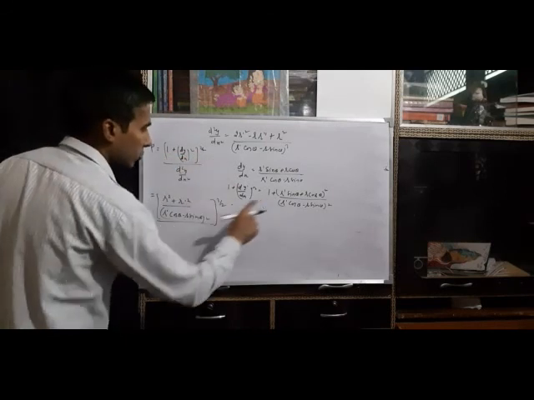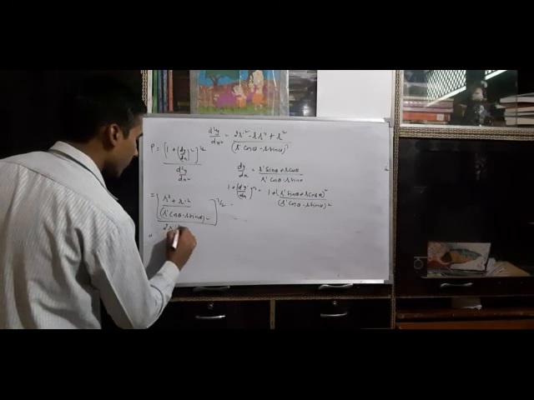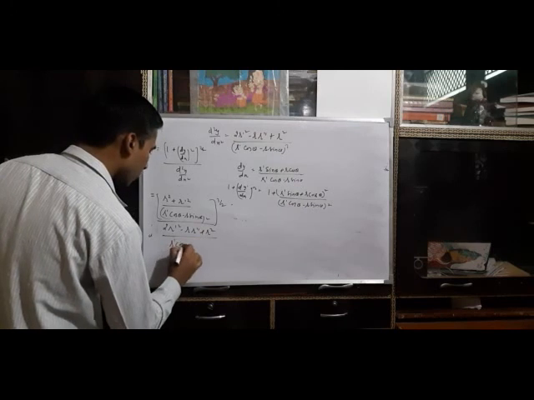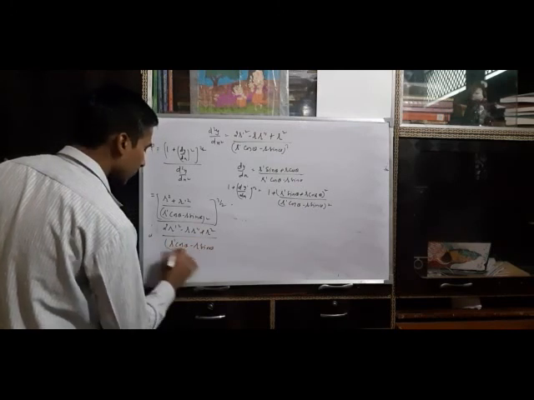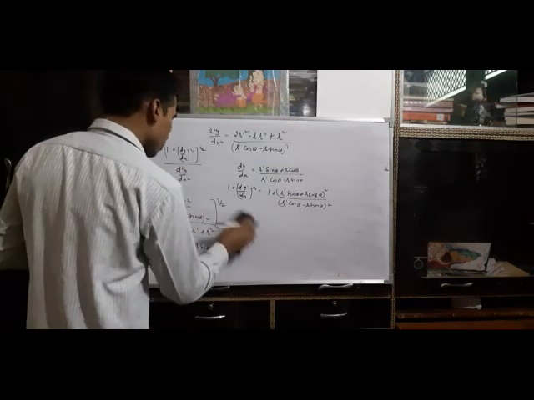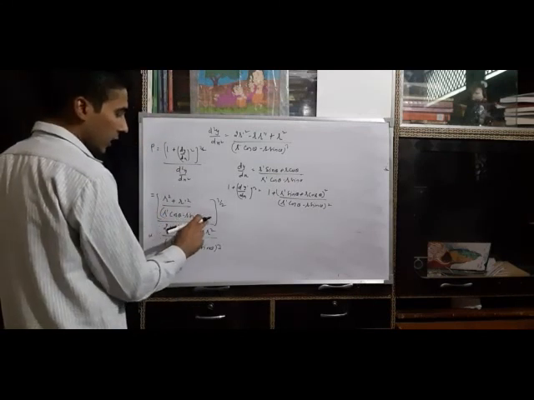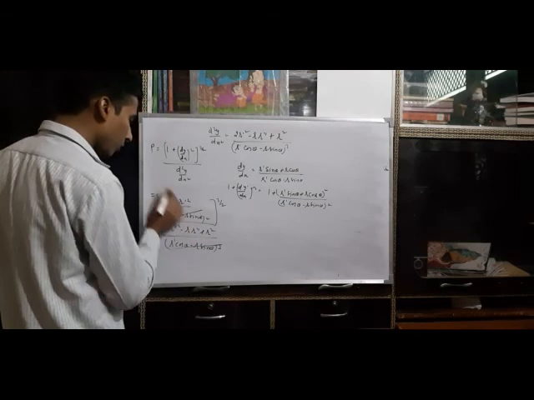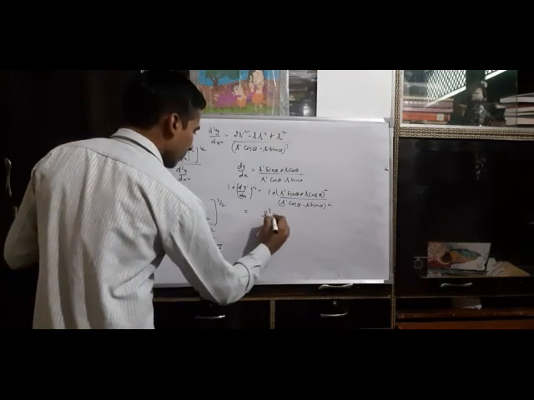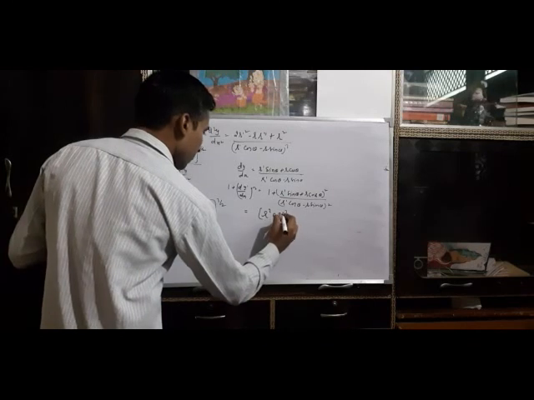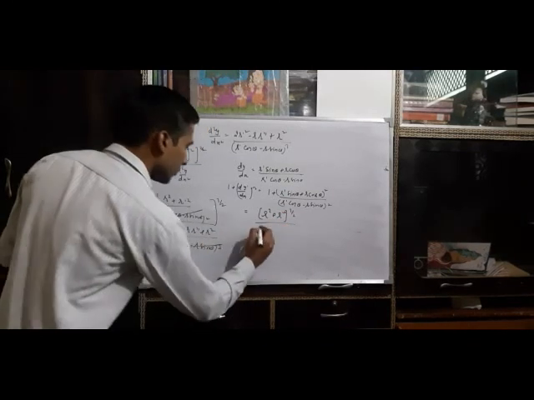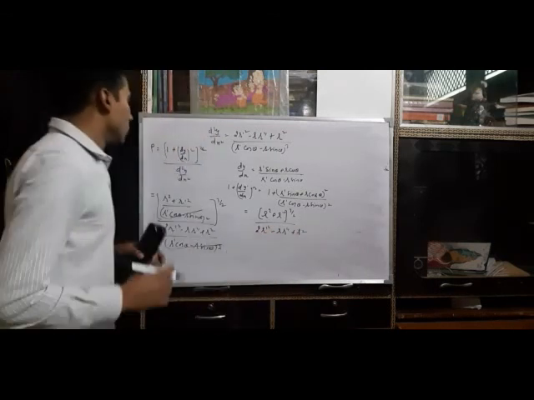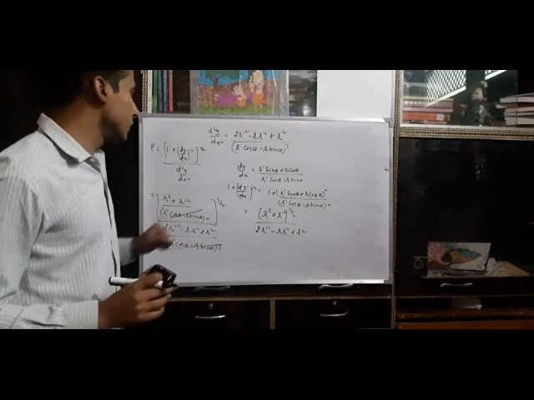Now d square y by dx square is (2 r prime square minus r r double prime plus r square) upon (r prime cos theta minus r sin theta) raised to power 3. So when we solve this, (r prime cos theta minus r sin theta) whole square will cancel with the power 1 by 2, so it will give the power cube. We cancel this and get (r square plus r prime square) raised to power 3 by 2, divided by 2 r prime square minus r r double prime plus r square. So this is the radius of curvature when the curve is polar.